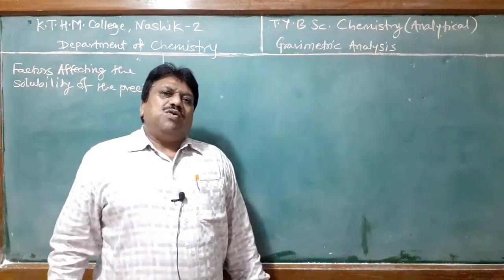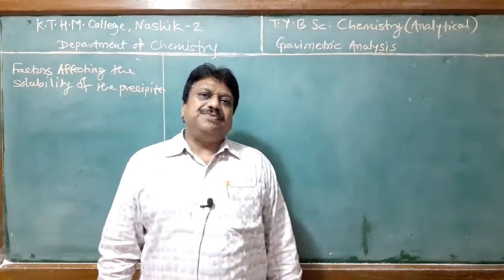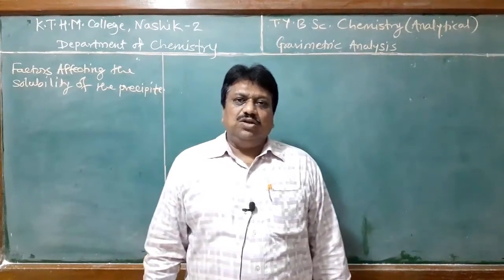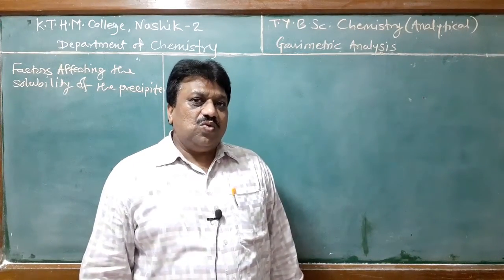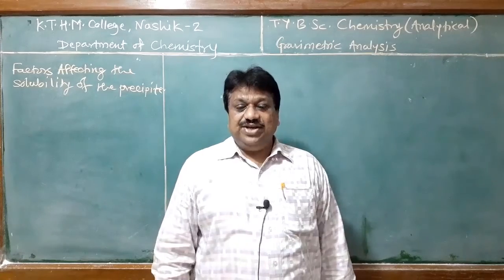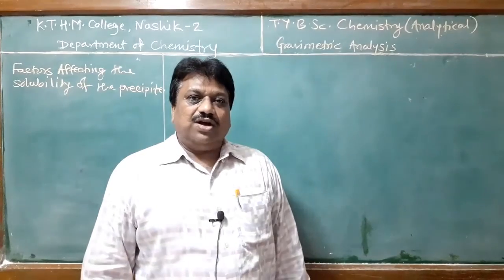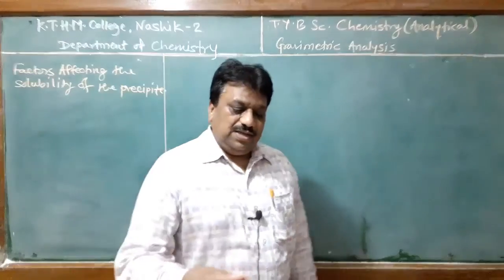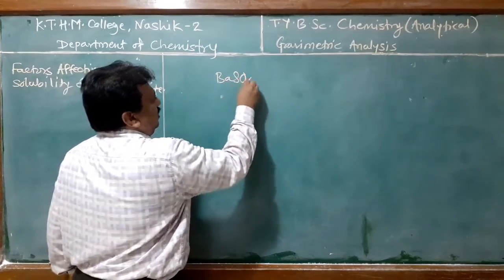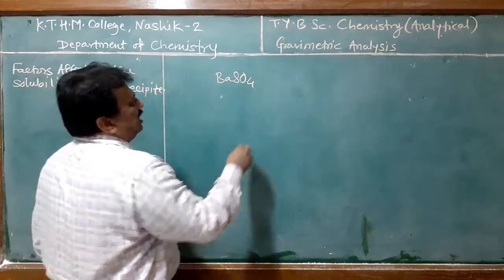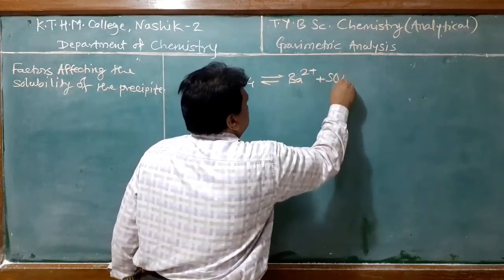All the precipitates formed in a gravimetric analysis are sparingly soluble electrolytes. Generally, the solubility of these sparingly soluble electrolytes is controlled by the application of the common ion effect. Common ion effect is also possible by using a suitable reagent that works as a reagent as well as gives the common ion for decreasing the solubility of the precipitate. For example, if we have to precipitate barium sulfate, then barium sulfate will be precipitated if barium is an analyte or sulfate is an analyte.